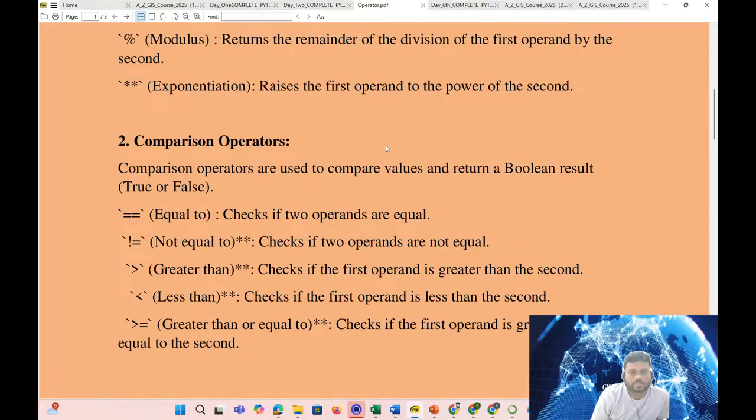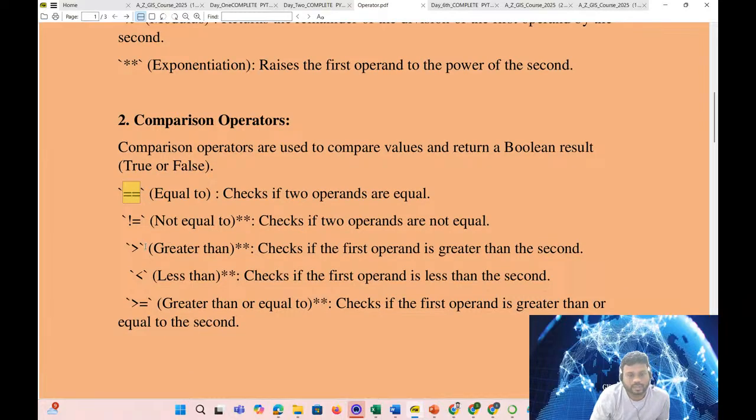Comparison operators are used to compare values and return a boolean result, true or false. For equal to we will use this type of symbol, double equals, which checks if the two operands are equal. Not equal to checks if two operands are not equal. Greater than checks if the first operand is greater than the second. Less than checks if the first operand is less than the second. Greater than or equal to checks if the first